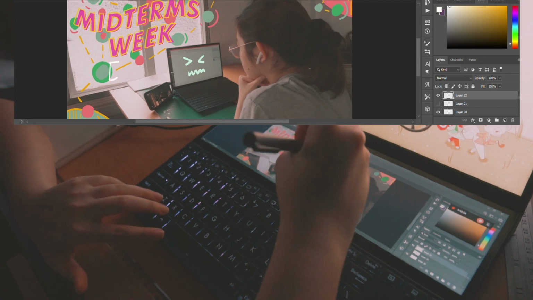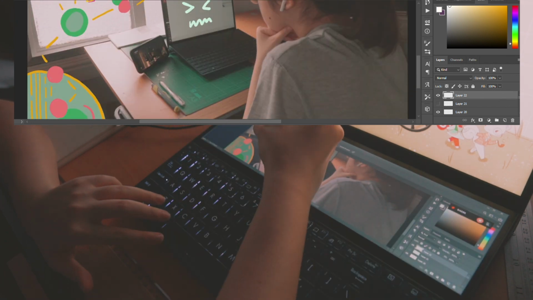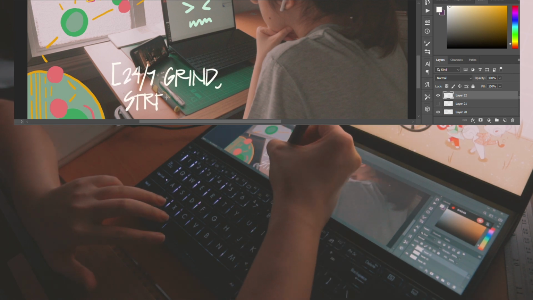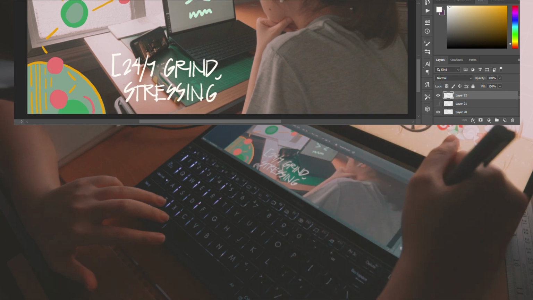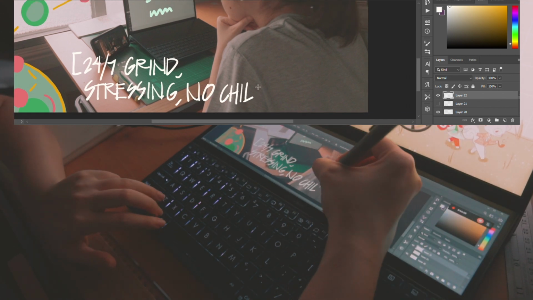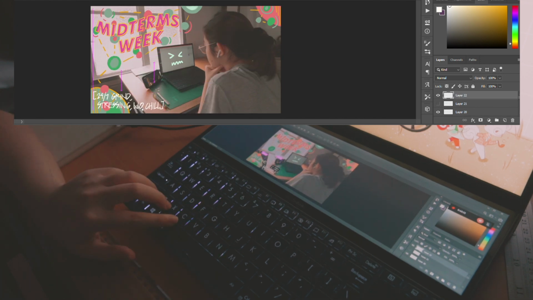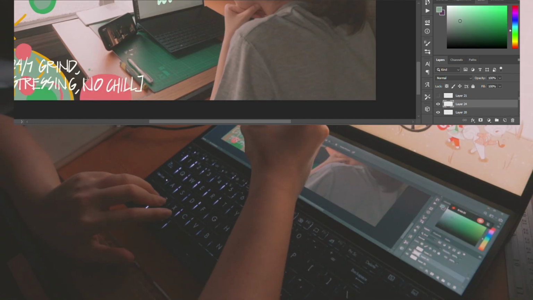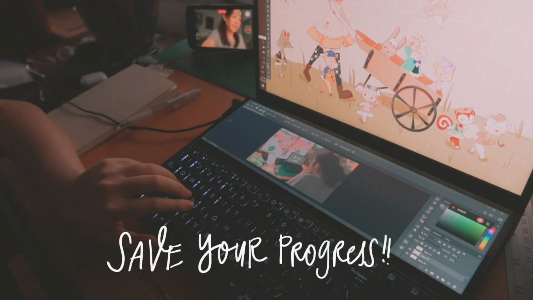Now, I am adding a subtitle underneath the main title itself because, I don't know, it just gives it more personality, like a diary feel. And it also acts as a teaser trailer for your viewers so that they know what's in store for them. You can do this either fully font or fully freehand drawing. It's really up to you because the main focus here is on the title itself. So just make sure you're not clickbaiting your viewers. And make sure you save your progress.